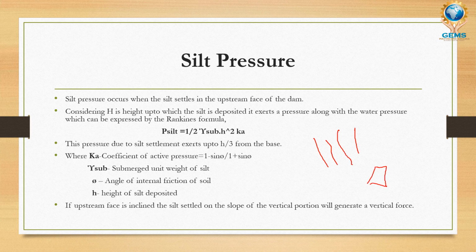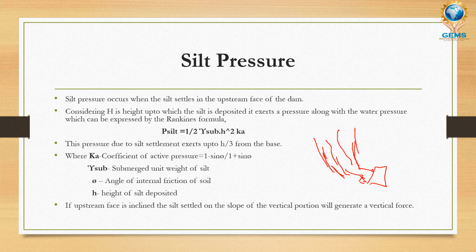This reservoir generally rubs the river bed, and also the side slopes of the dam, and carries silt from that portion and then settles at the body of the dam, at the down portion. Since silt weighs more than water, it does not float on the water. It settles down, and it also causes a pressure on the upstream portion of the dam.